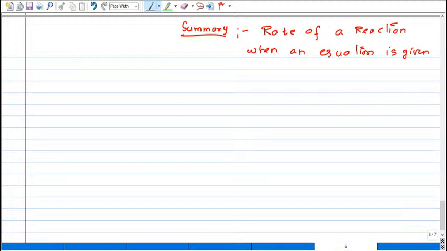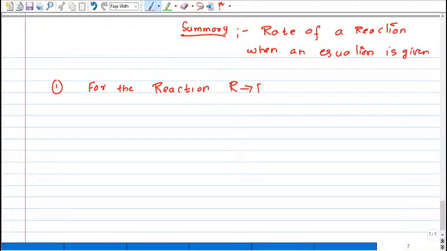So let us go with one important sum. You can just note it down, the first sum. This sum may be asked in the board exam and also for NEET and JEE. Now I am going with one sum. Take down this question. For the reaction R gives P, the concentration of the reactant,